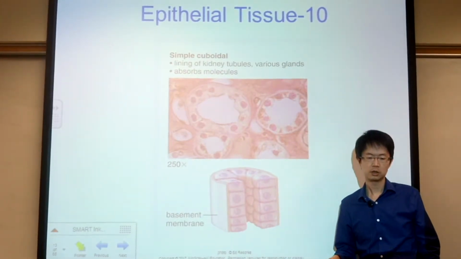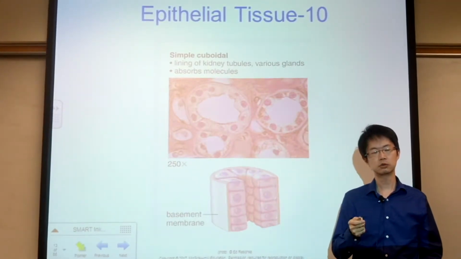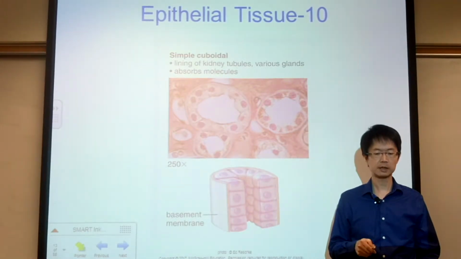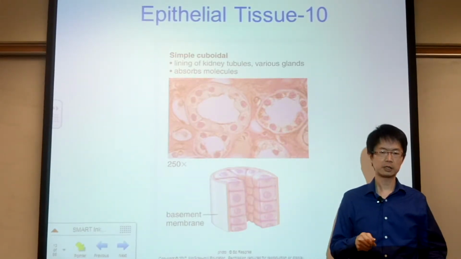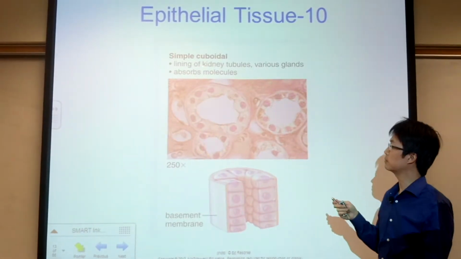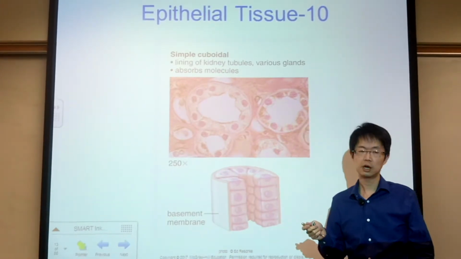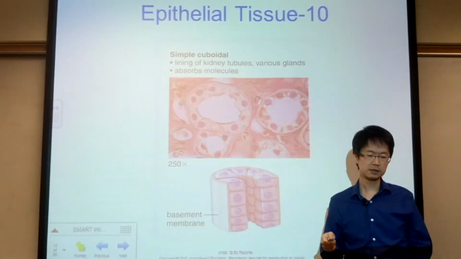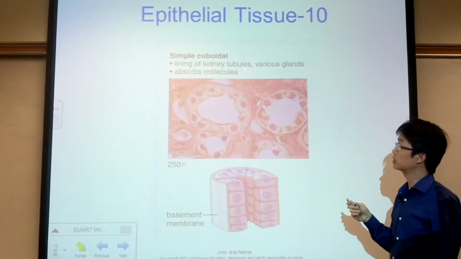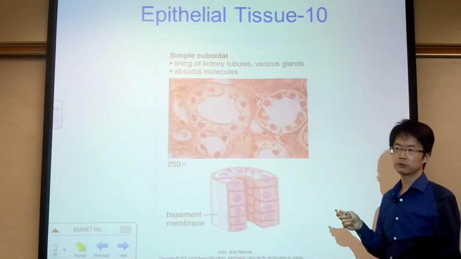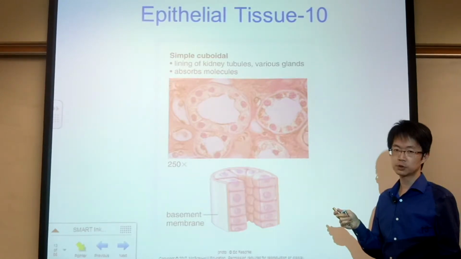Simple cuboidal. Okay, there are 2 types: simple cuboidal and stratified cuboidal. All cuboidal cells make tubes. Simple cuboidal make smaller tubes, kidney tubule or various glands. Stratified cuboidal make bigger glands. We'll talk about that later. So simple cuboidal make the small tube in the kidney tubule for filtration or reabsorption of the